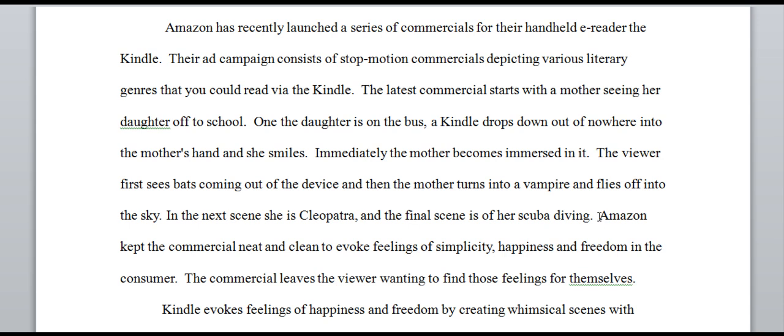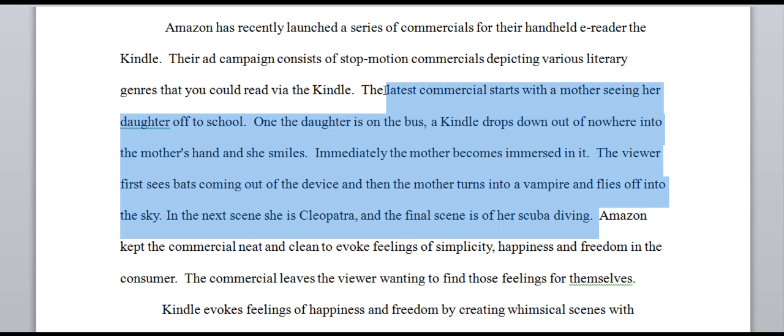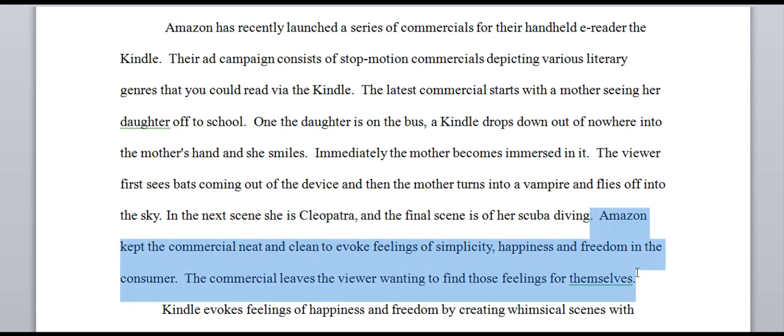The author's talking about the Amazon Kindle. This material here is all of her description of the advertisement. Now, I'd say that what she needs to do here is to expand some of this material so that the reader has a better understanding. The introduction is going to grow with that development. In academic essays, we're expecting the thesis statement at the end of the first paragraph.